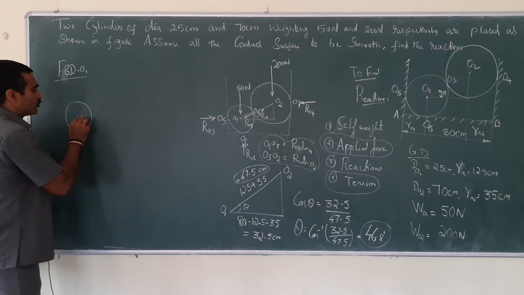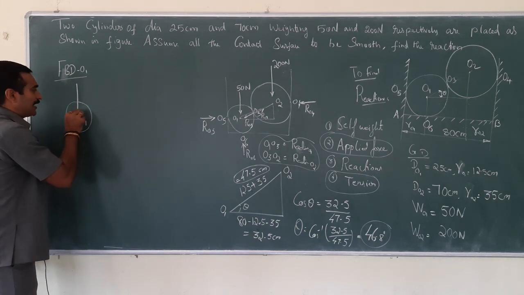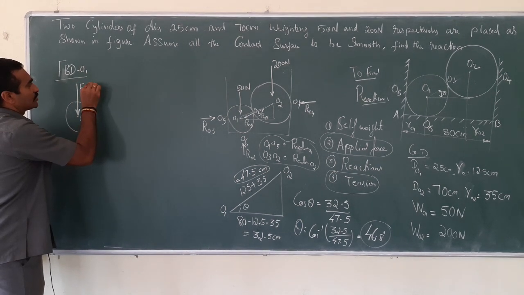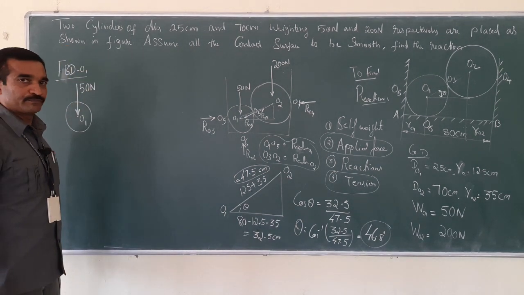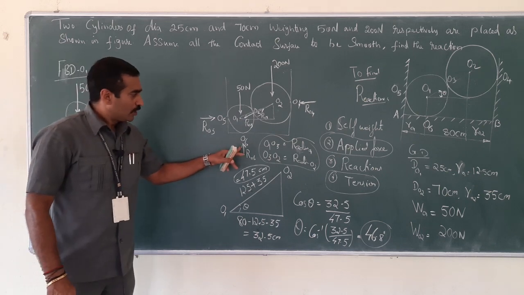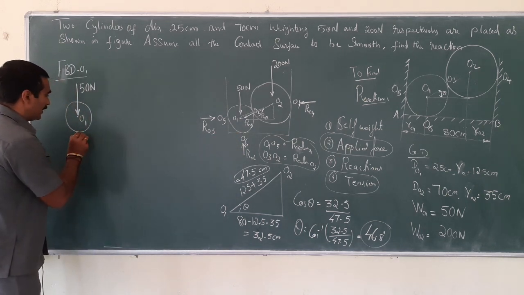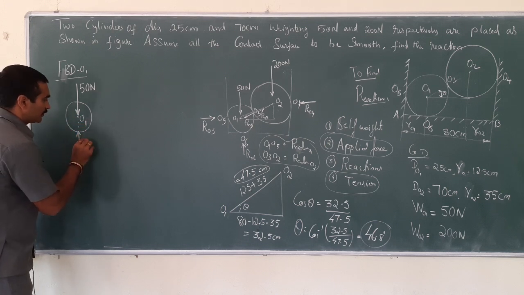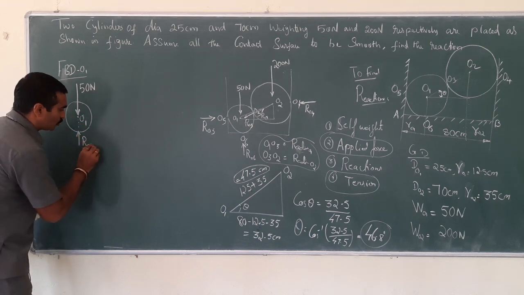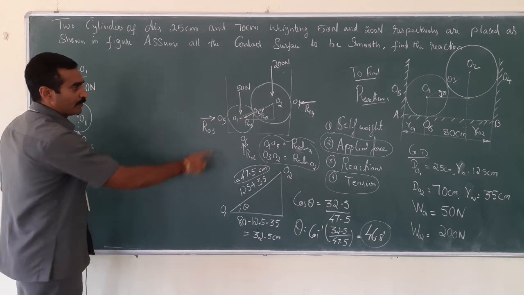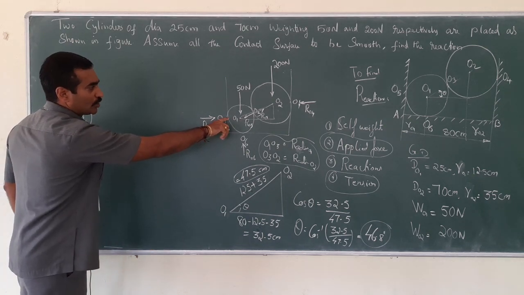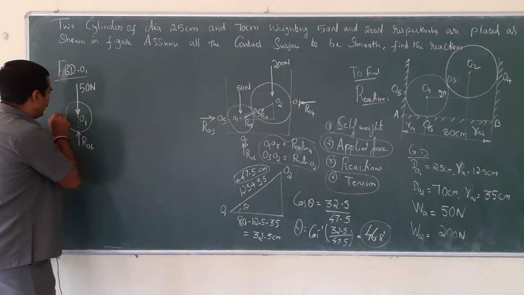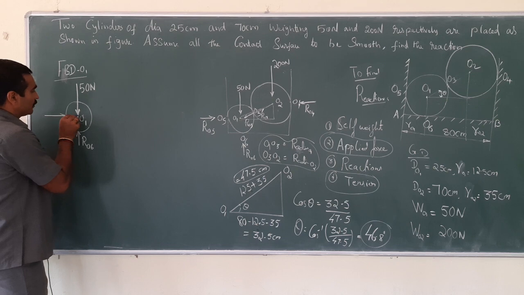Its self weight is acting in this direction, which is of 50 Newton. Got it? And O6 is acting in this way, O6, this line of action, that is reaction at O6. And look at here, this should be perpendicular to this side wall, so which could be in this manner, which is of